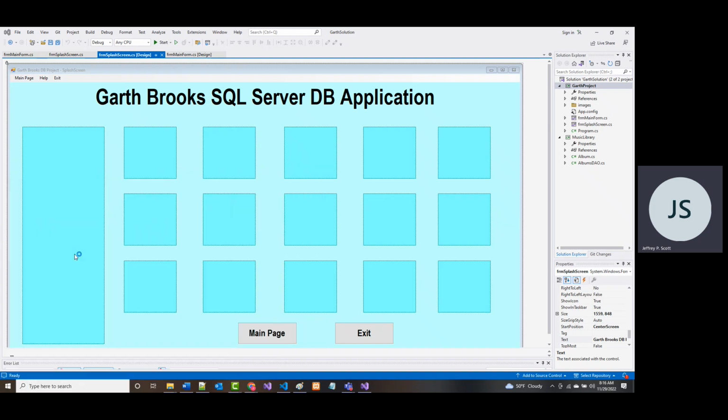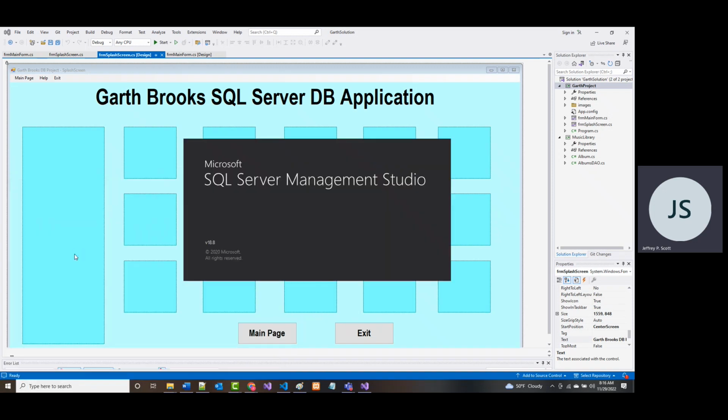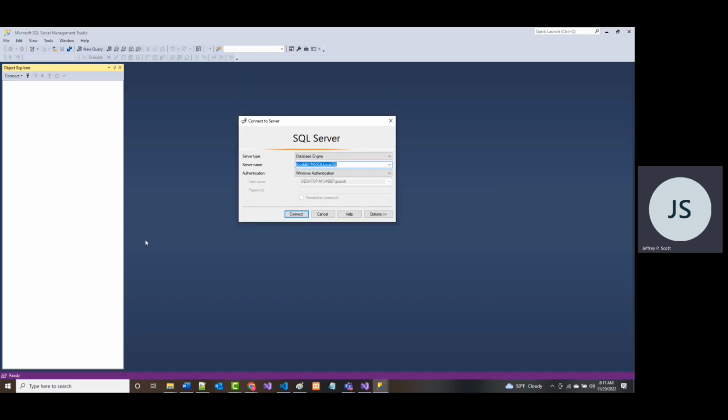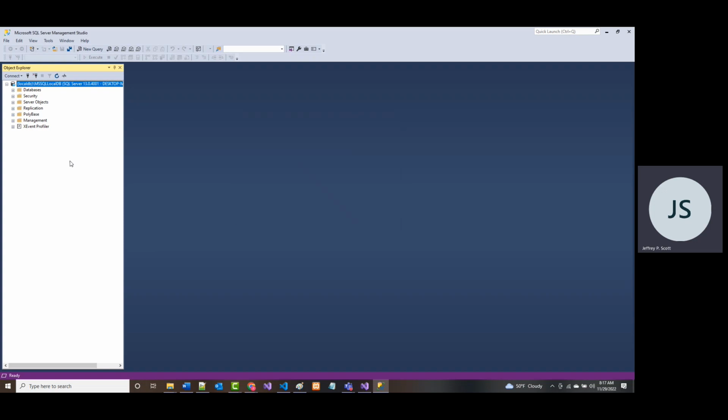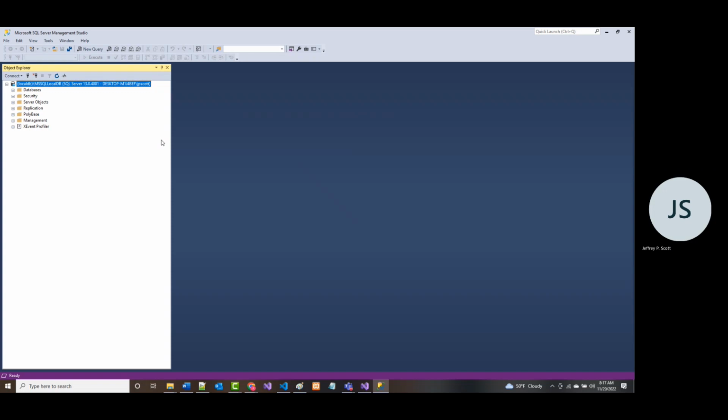But if I click on this, again, you've seen this already before. So if I click on this just like I'm doing, and I click connect, it brings it up like this. So this is the other way that I can bring it up. Again, be it good, bad, or indifferent, there's a bunch of ways in here of doing the same thing.